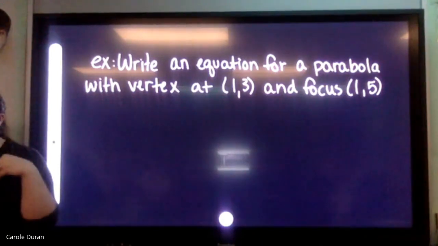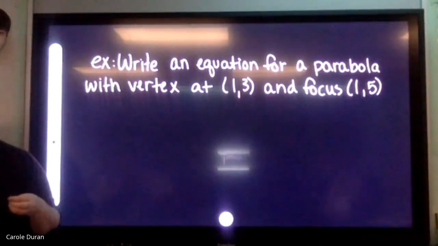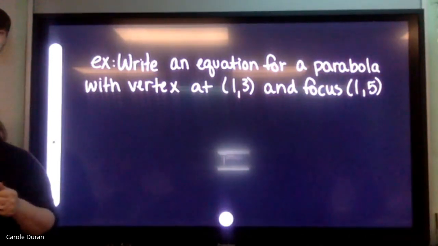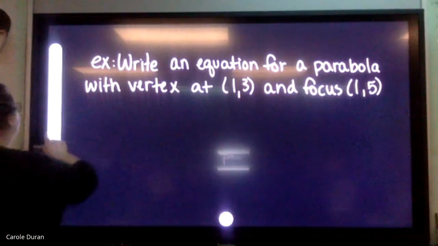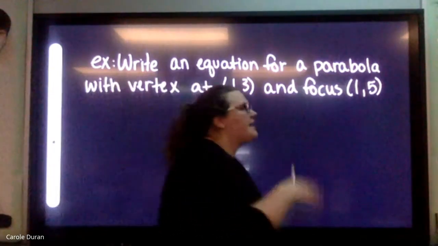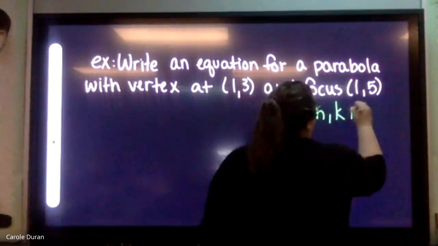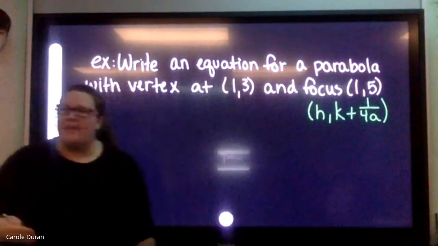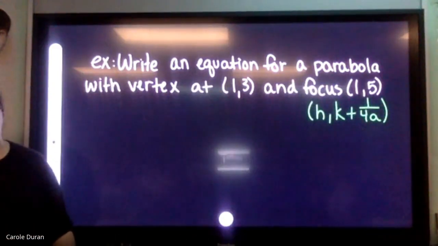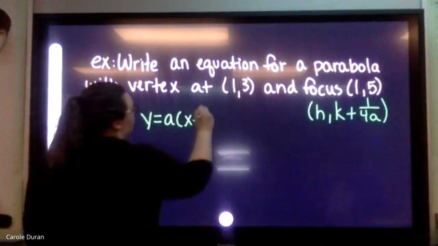So which of my two equations in my table shows my k changing here to find the focus? The vertical, which is the y equals. Because in that table, for the focus of a vertical parabola, it says my focus is (h, k plus 1 over 4a), which means that I changed my k while my h remained the same. So that's how we identified that this is the equation I need to be using